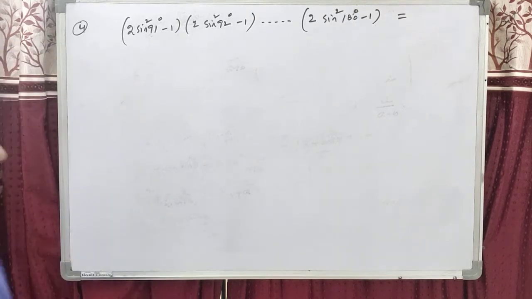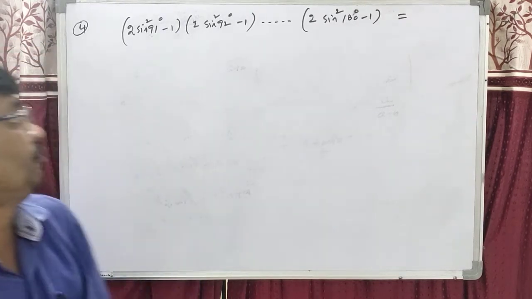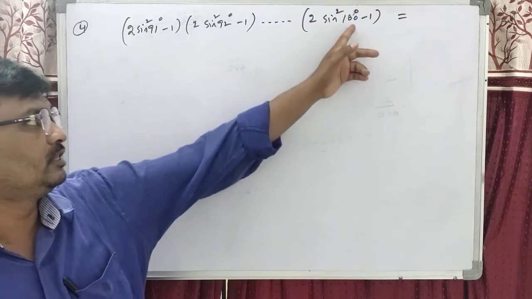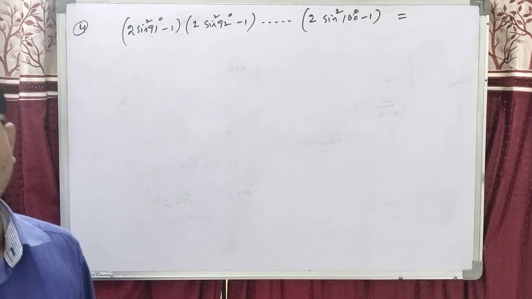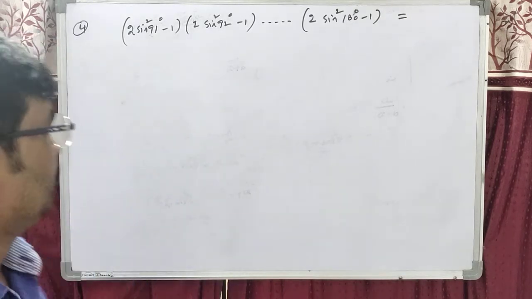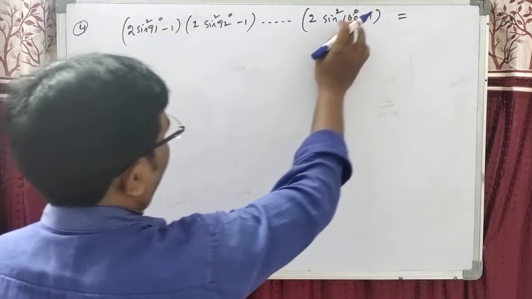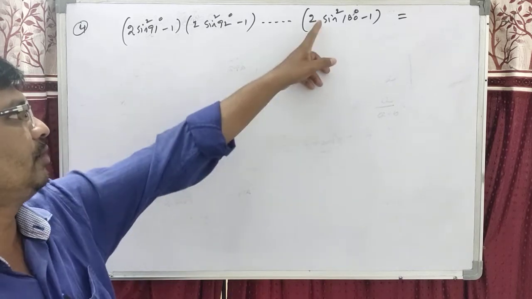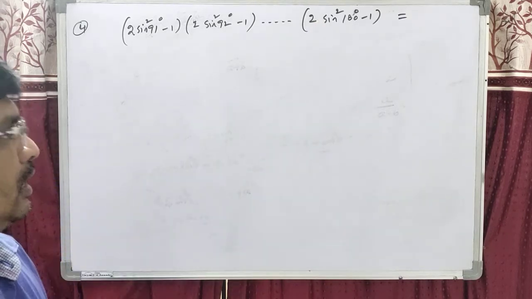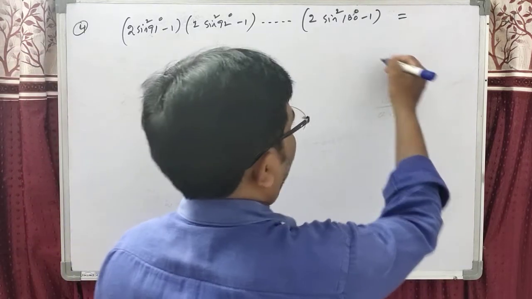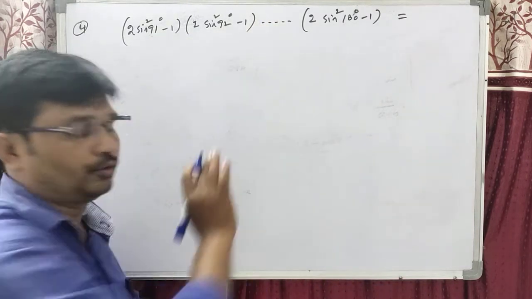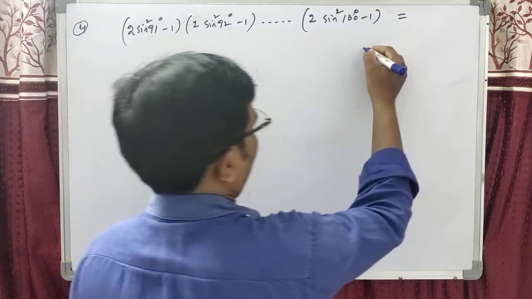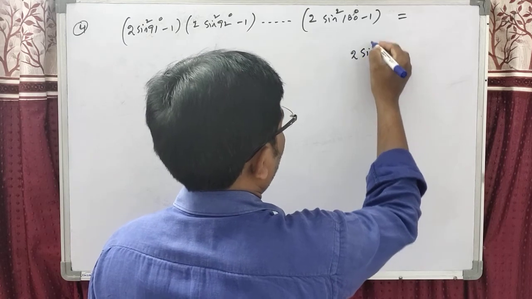Dear students, the value of 2 sine square 91 degrees minus 1, 2 sine square 92 degrees minus 1, and so on up to 2 sine square 180 degrees minus 1. How to find this value? One minute, students: 91, 92 and so on, 180 is there. So, dear students, when the before coefficient is 2, suppose we find, in between 91, 92, 93, 94, 95 and so on, one of the values, 2 into sine square